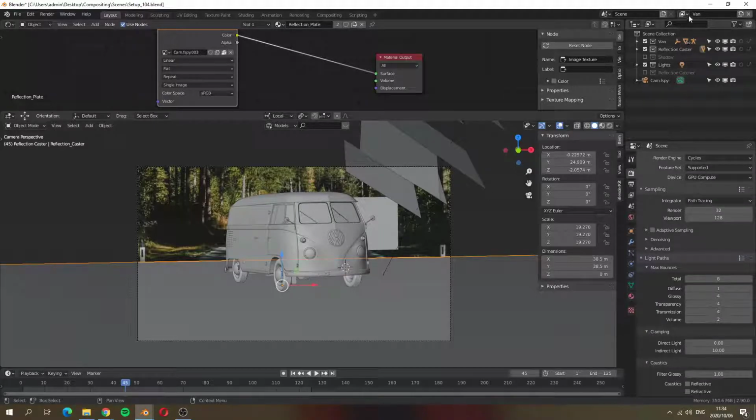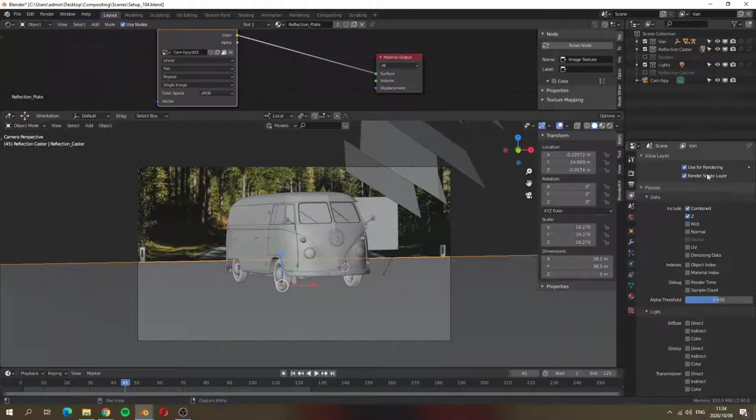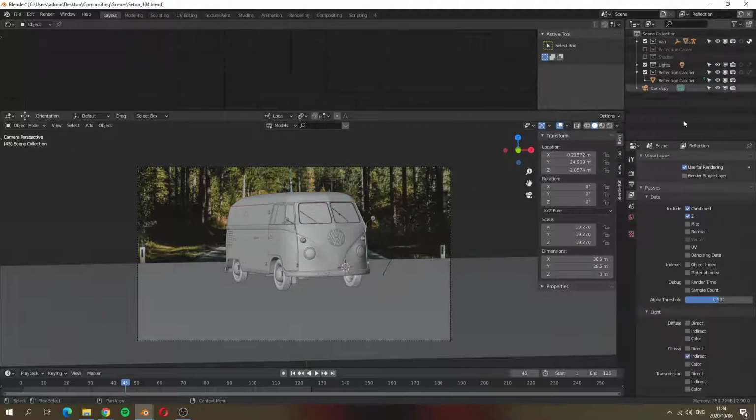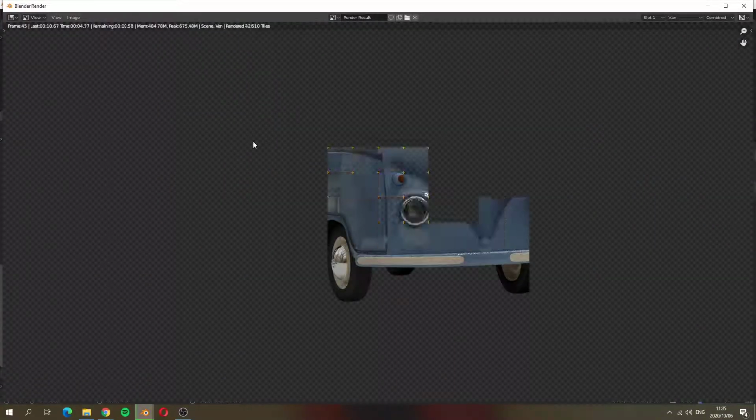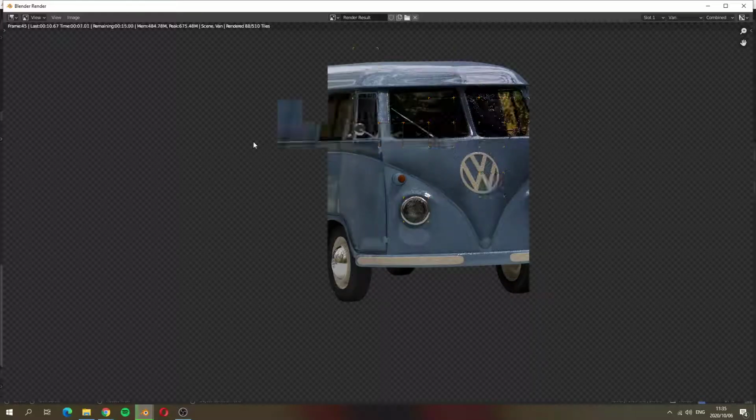Make sure that all your layers are set, because I messed with this, so I need to make sure all my layers are going to render once I actually hit F12. I'm going to press F12 and render a single frame into memory, because I'm not ready to render yet. I need to set up all those passes to save out. So there it renders the